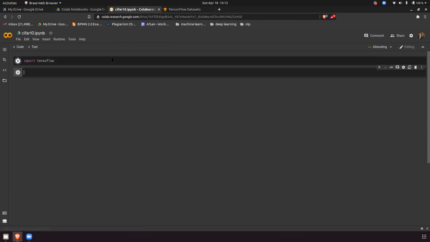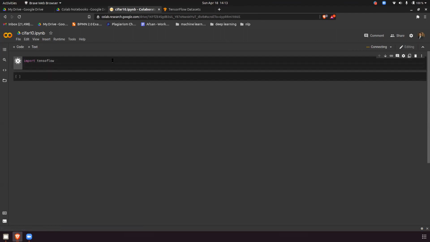The first thing we always have to do is import the libraries. So we'll import TensorFlow. How to load the dataset is very easy.